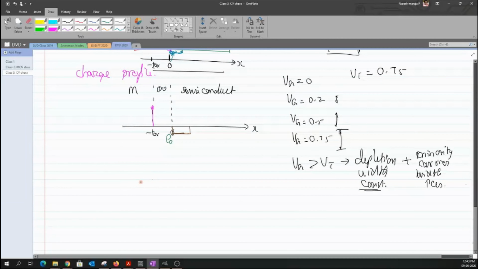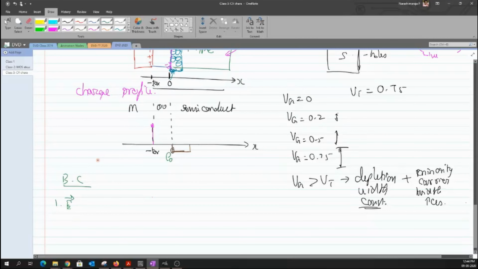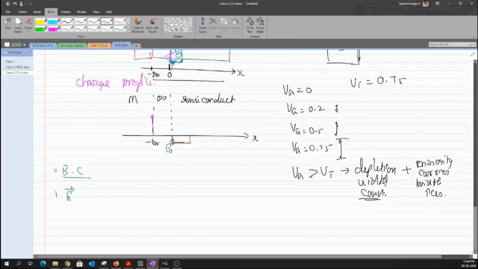Okay, but before I start doing it, there is something that we have to think about: boundary conditions. Okay, now again, I will not go in depth. When I take an electric field, the electric field across different boundaries, because why we are concerned about boundary conditions for something like an electronic device is that we generally know that these electronic devices are made of different materials. Okay, it is not the same material that I can use as a kind of structure. Even a metal oxide semiconductor is made of 3 different materials, right? So we have to be concerned about the boundary conditions.